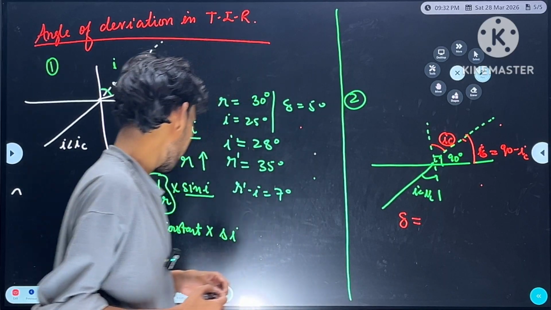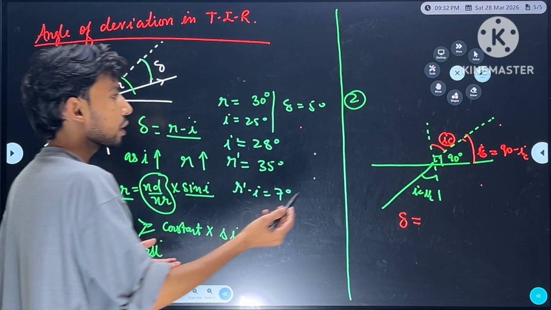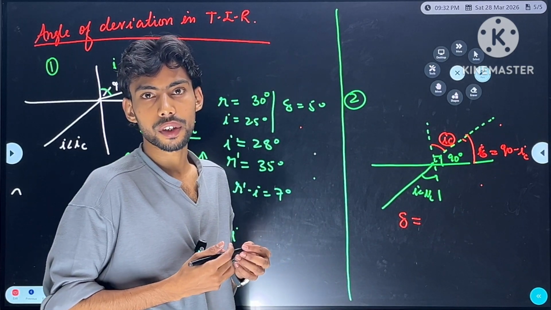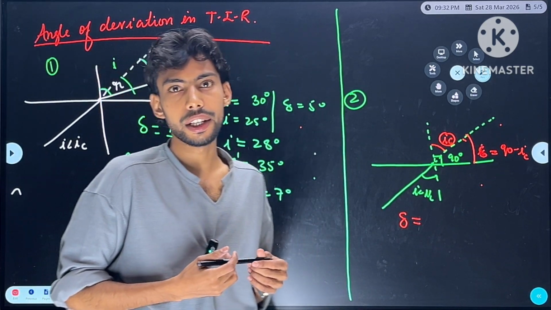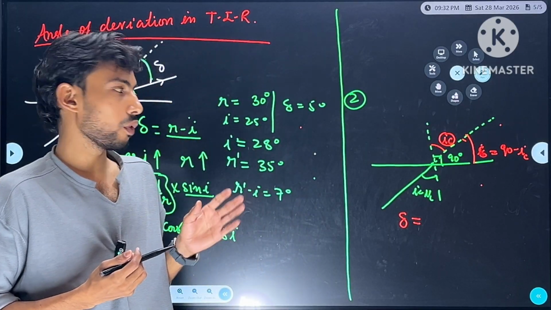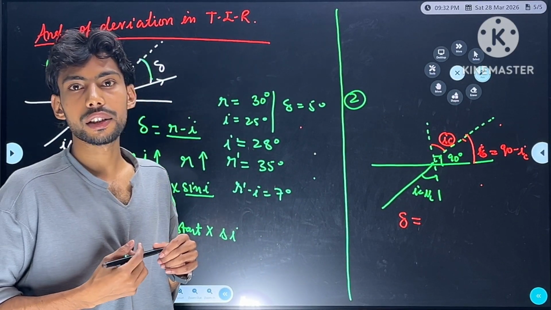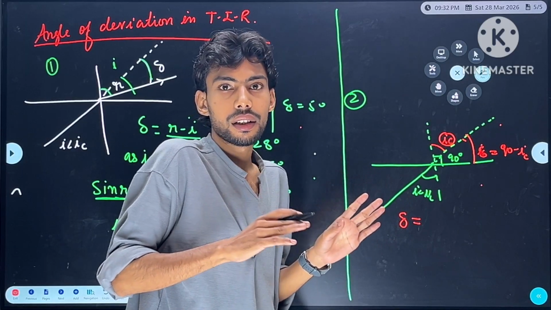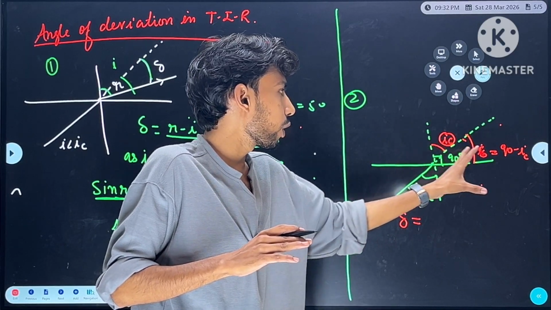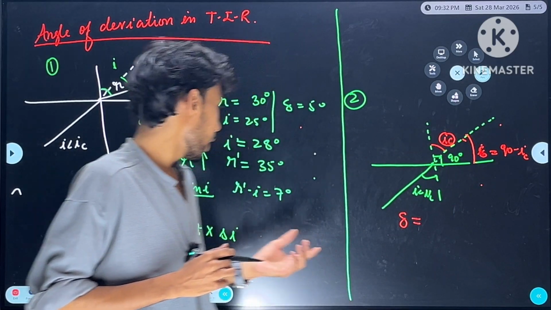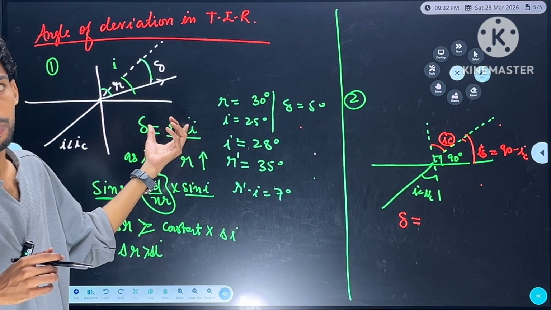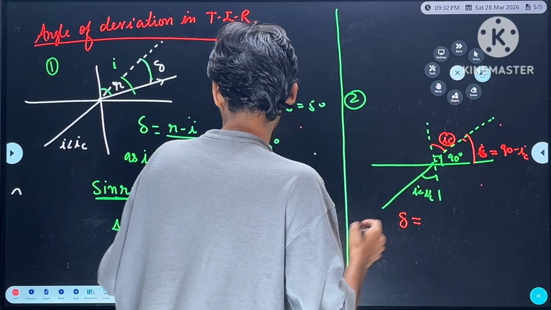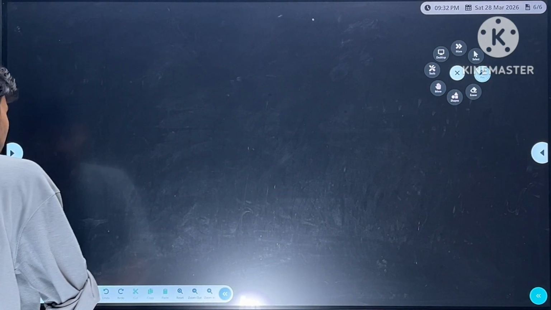Now let's discuss the third case. Here also, as I_C will increase, this delta will increase. But if you fix the two media, this I_C is also fixed. I_C equals cosec inverse n_d by n_r. So if you are fixing two media, that means this I_C is also fixed and delta is also fixed. So increasing I would have no effect for delta when I is equal to I_C. But here increasing I will increase the delta up to the time this I is less than I_C. Now what about the third case when this I becomes greater than I_C?